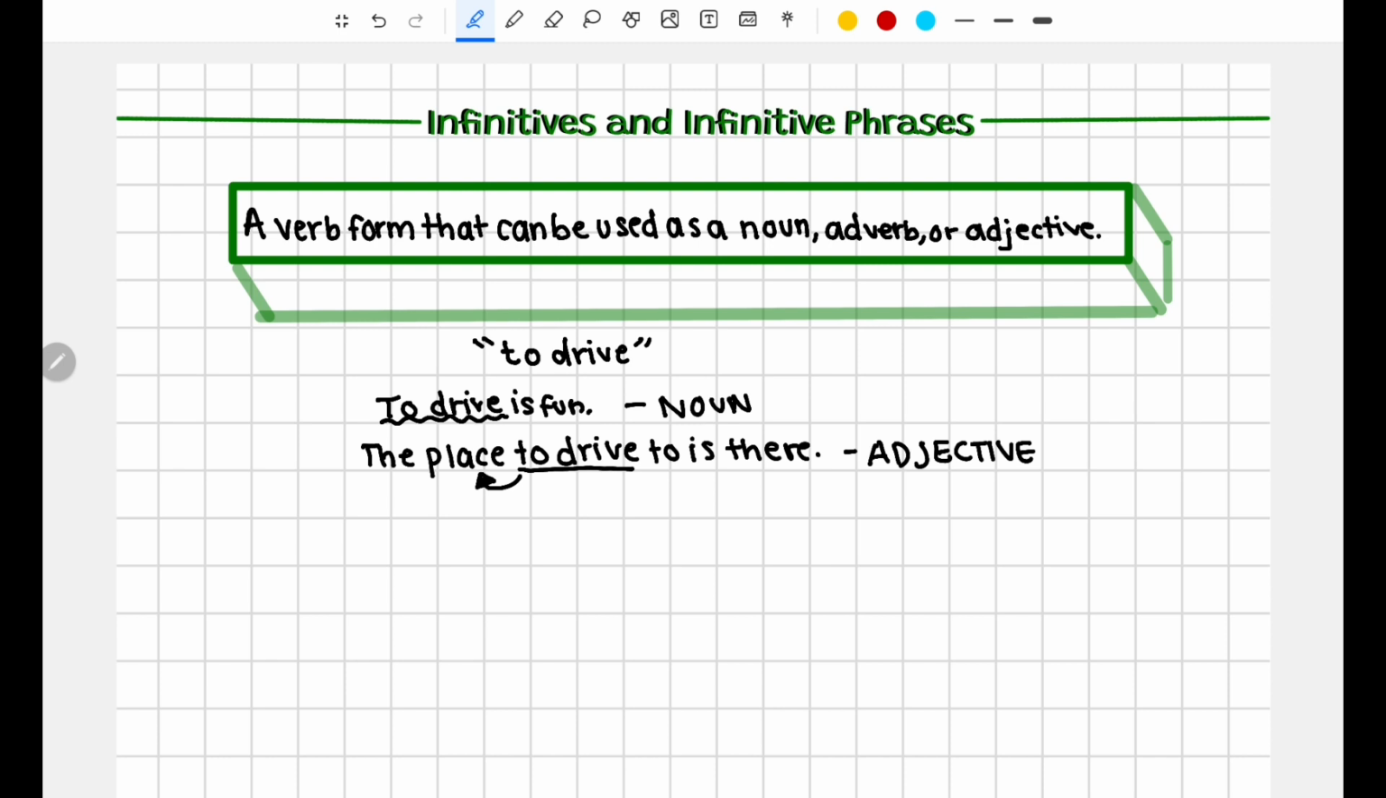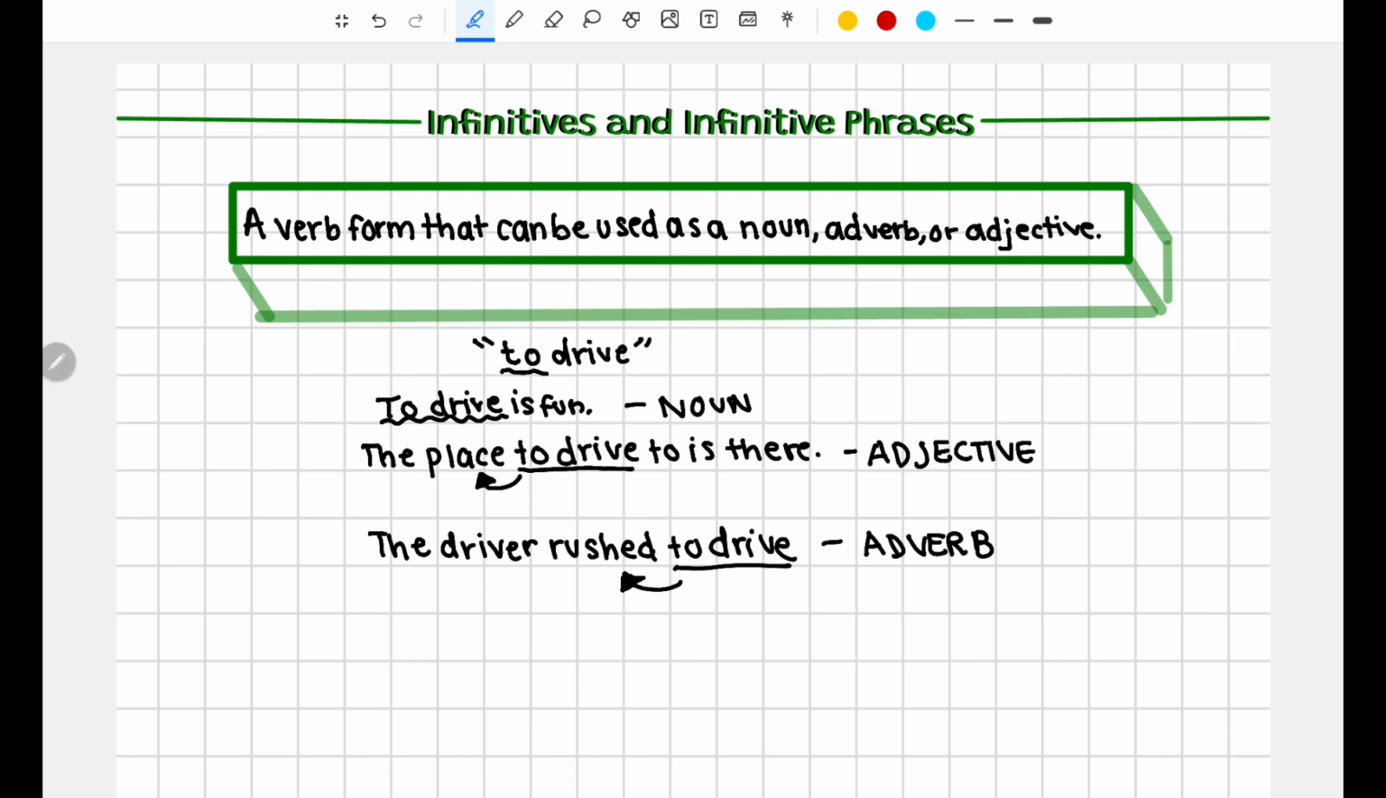We can also use them as adverbs. For example, we can say, the driver rushed to drive. To drive modifies rushed. It is an adverb. So if we think about it, the infinitive, while we know it starts with the to,